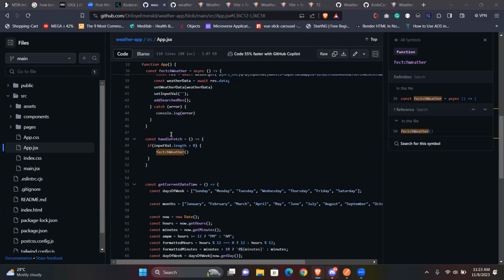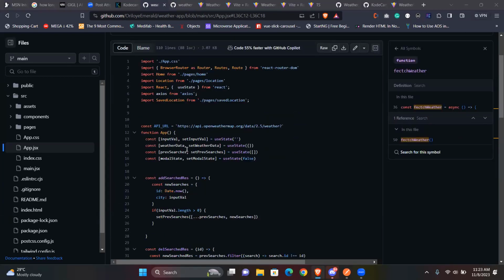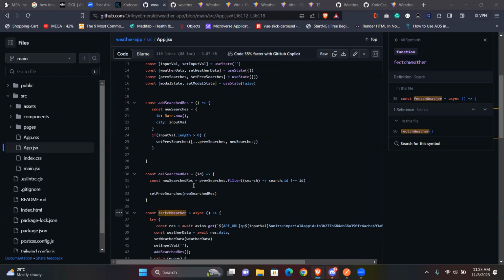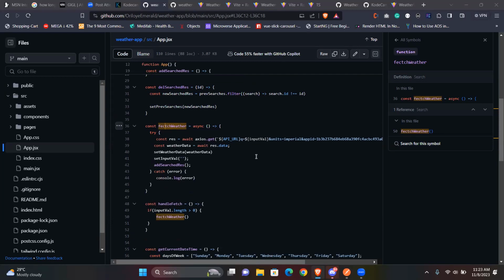So if the value, okay, so let me start. Input, other data, previous searches, modal state, filter, if you get a particular ID, add it back. Okay, so then this,